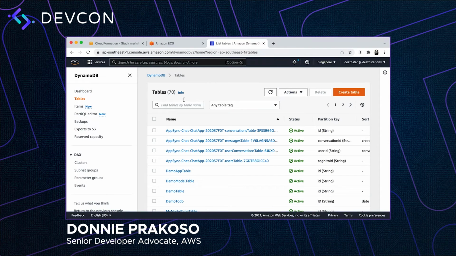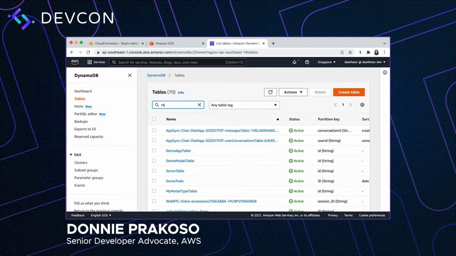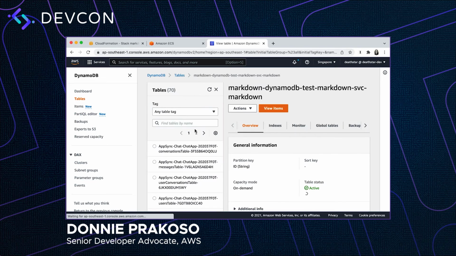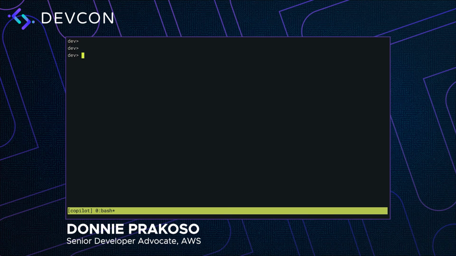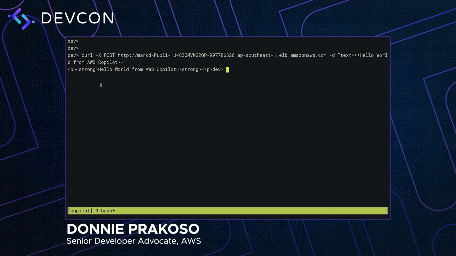This is the DynamoDB console. And if I filter by the name, I can see there's one table created. Now, if we run the API again, passing the markdown tags, it now will log the data into DynamoDB, and we will also have the HTML response as well.